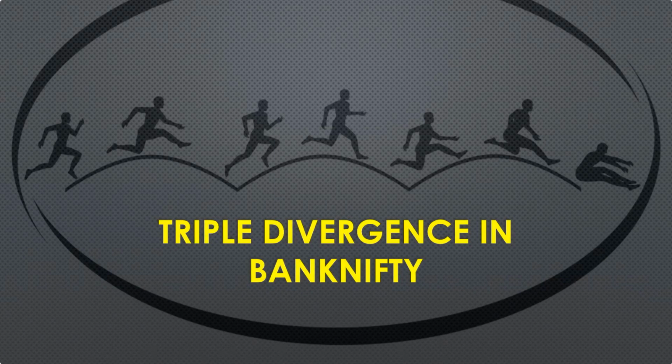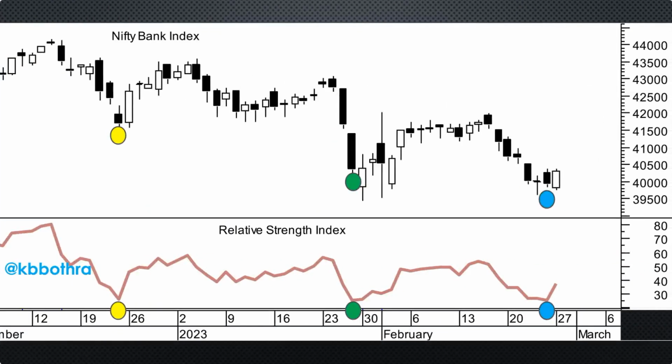Depending on where the triple divergence is spotted on the charts, whether on an intraday basis, the daily charts, or the weekly charts, the magnitude of the recovery could be scaled up depending on where we spot the triple divergence on indices or on different asset classes. For example, over here, we've spotted a triple divergence on the Bank Nifty. This is the data for the last 2-3 months from where the Bank Nifty started to get into a corrective phase.